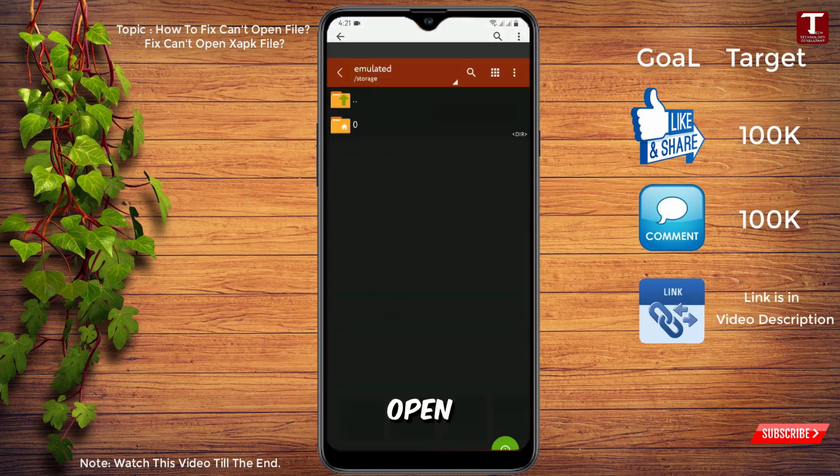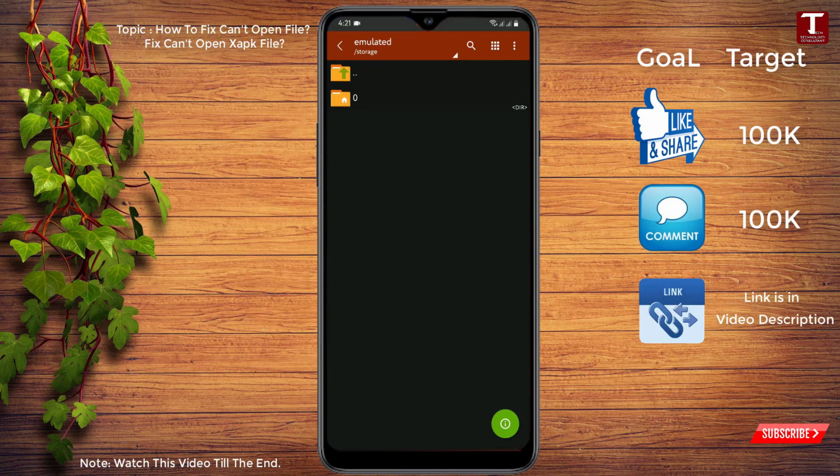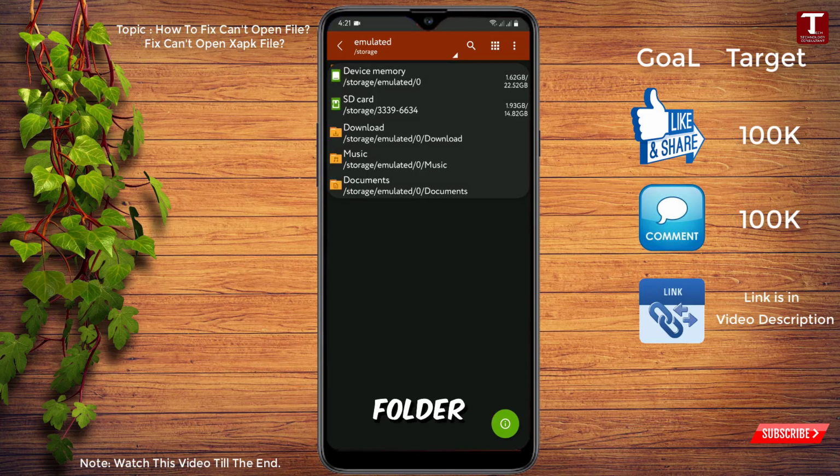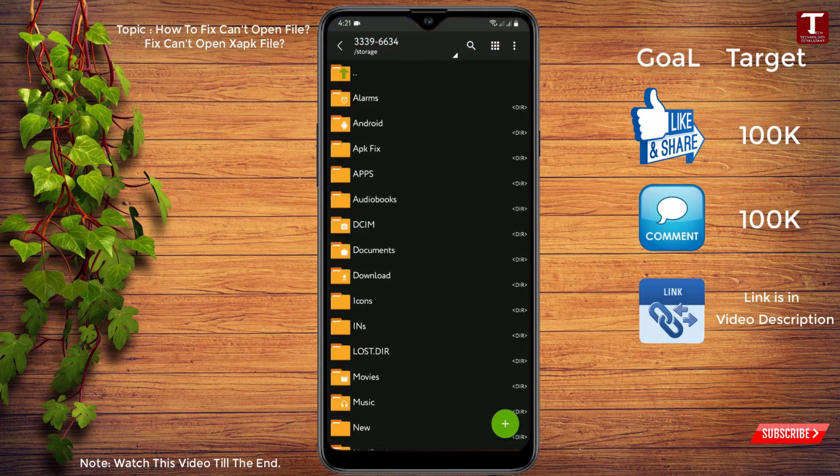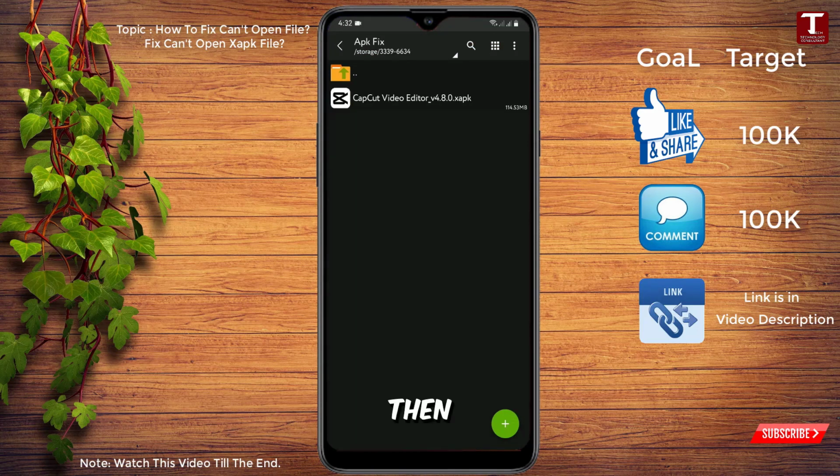After installation, open this one. After installation, go to the destination folder and then you have to open that .xapk file here in ZArchiver. You just have to click on it